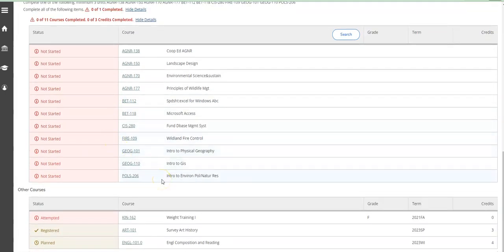This will also indicate any electives that you've completed at the college, and you can see that under the Other Courses section here. This will allow you to also see if you've planned a course or if you're registered in a course that would be considered an elective towards your degree itself. And over here, it also shows you if you've attempted any classes. To the far right, I can see what my grade is and the term that I took the course or